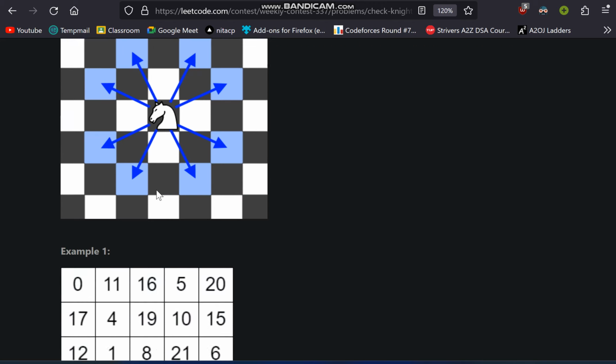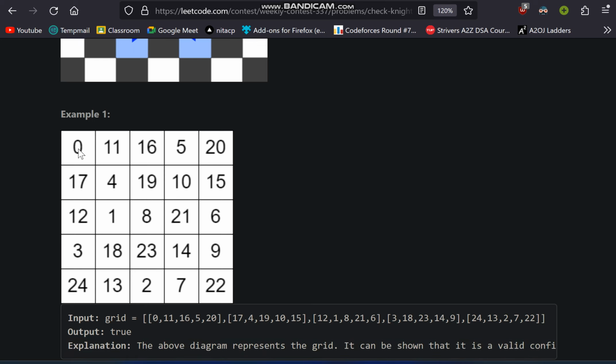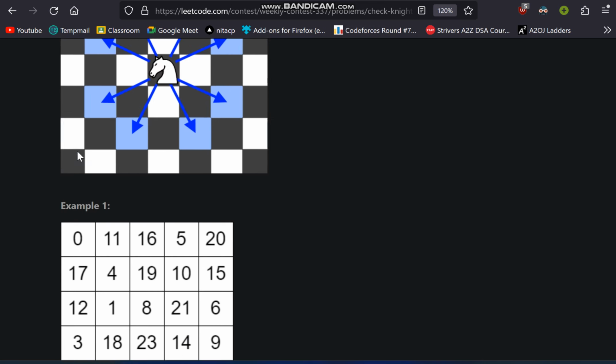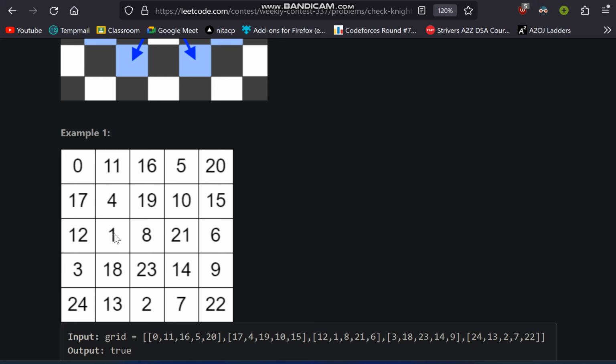Let's see this example. Currently the knight is at the zeroth position. After that, this one is the right move, because it comes under these moves. When the knight is at the zeroth position, either it goes to this position or it goes to this position. The 1 is at the right position, so the knight goes to 1.